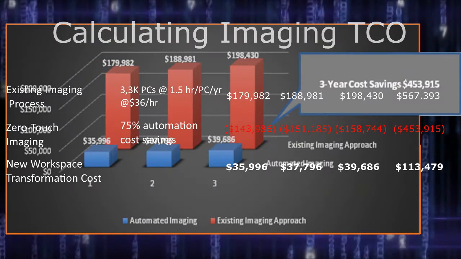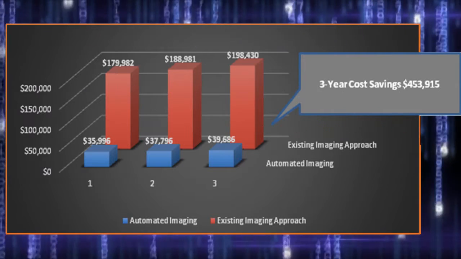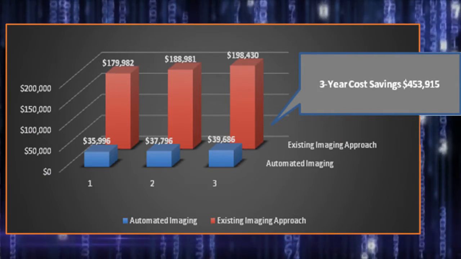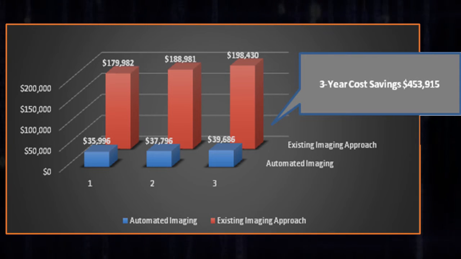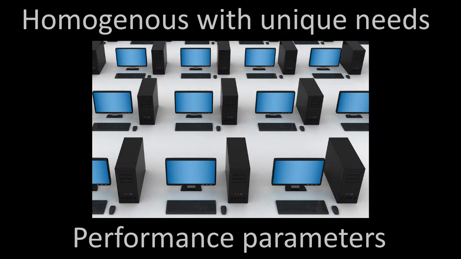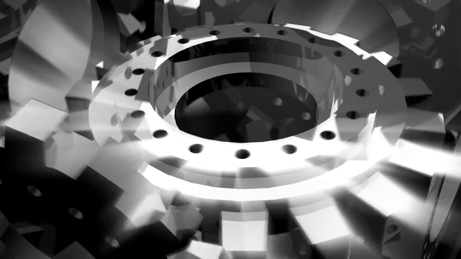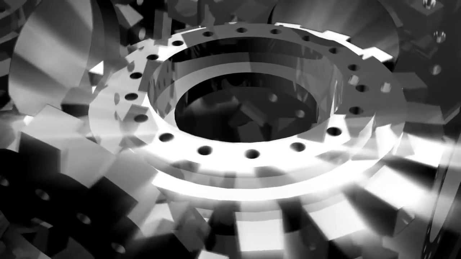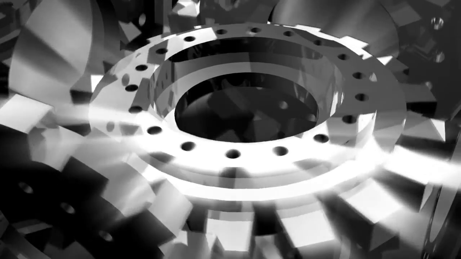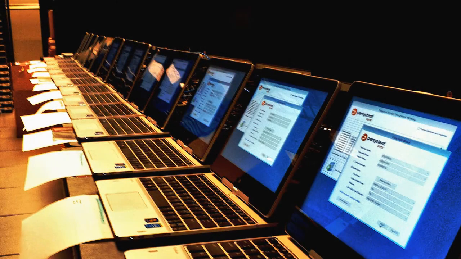But this is not about reducing headcount, but reprioritizing staff to finally address higher value, revenue generating tasks, all the while ensuring each device that moves into production is homogeneous with the company's unique needs and performance parameters, and get it into production. Automation is a huge boon to the TCO of a company's IT budget and the ongoing performance